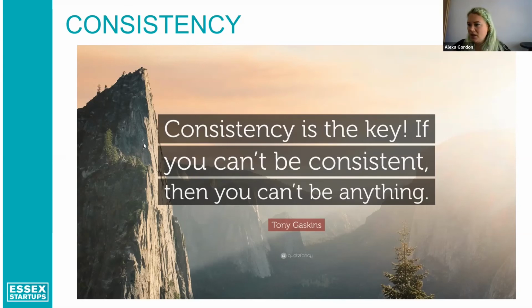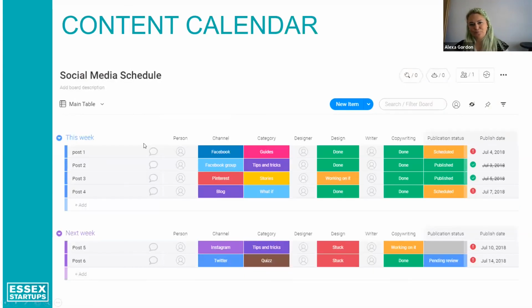So down to some technical aspects. The ultimate goal here, so I like to create a social media content calendar. And the ultimate goal here is to share great, engaging, interesting and useful content to drive action from your customers. So it's absolutely essential to have some sort of plan in place, and getting that planning down on paper or a spreadsheet or an online Trello board will help get it out of your head